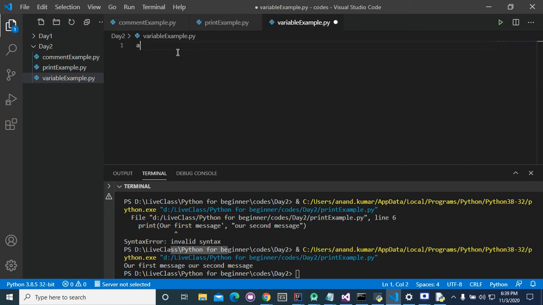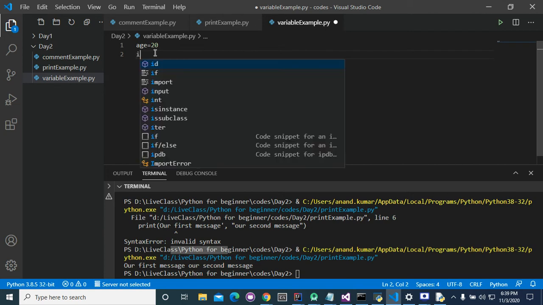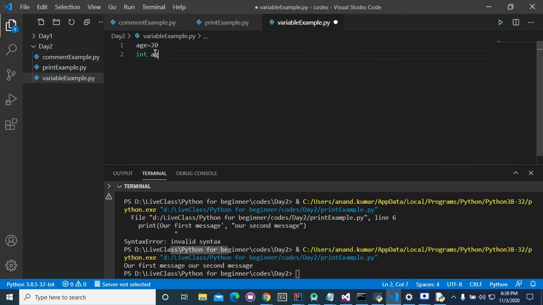Let's say we have a variable whose name is age and whose value is 20. If you write the same code in C, you need to write int age = 20.